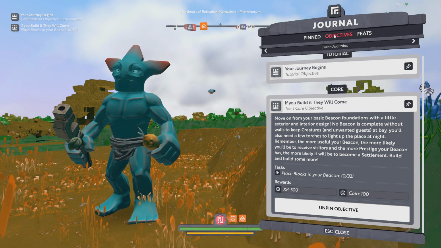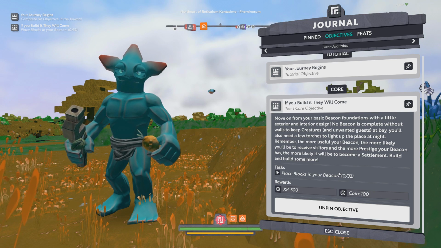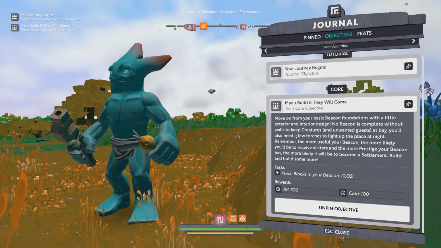As you play the game, you'll unlock more and more objectives to complete. It's good to note that you don't actually have to track these or really pay any attention to them. Once you do satisfy all of the requirements, they will automatically complete and you'll be able to collect your rewards